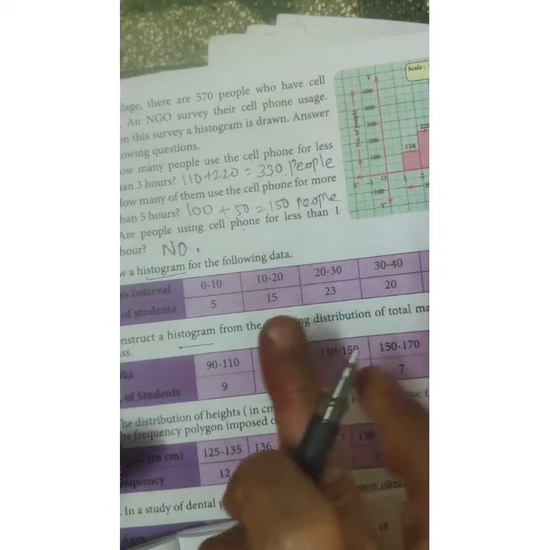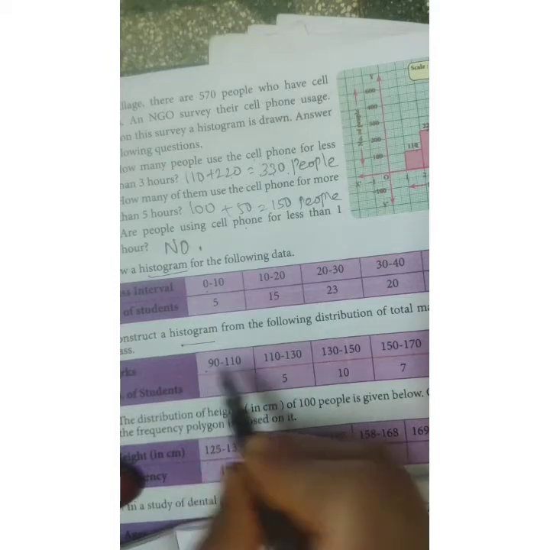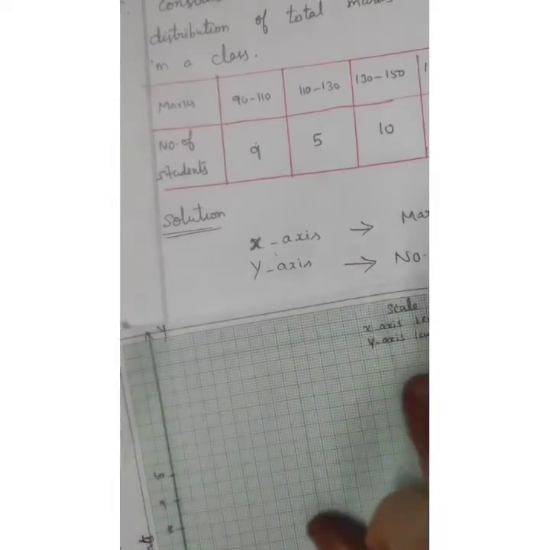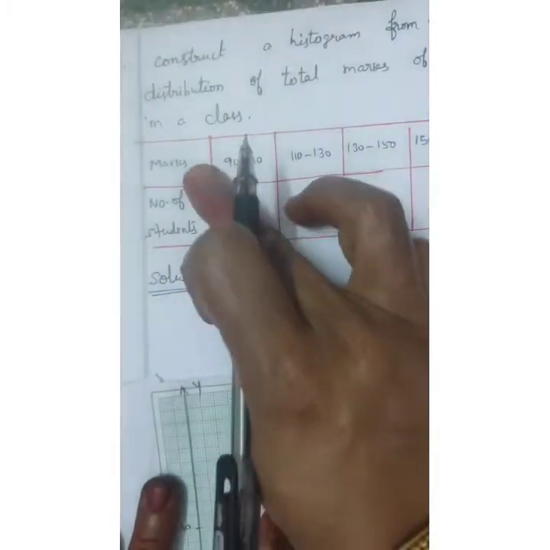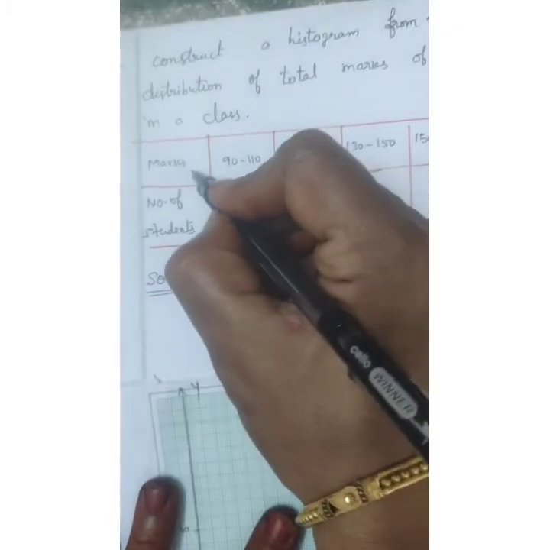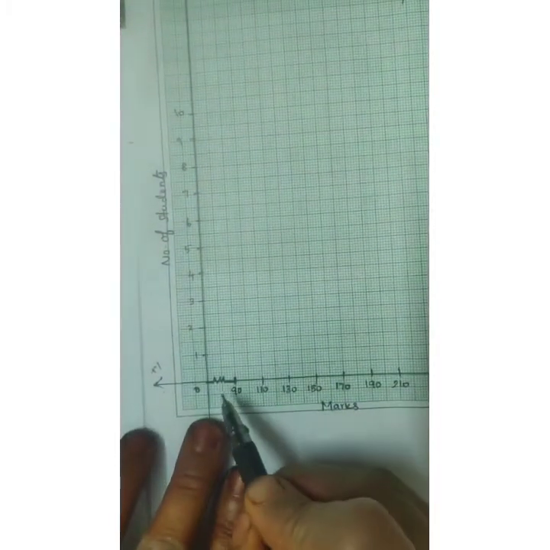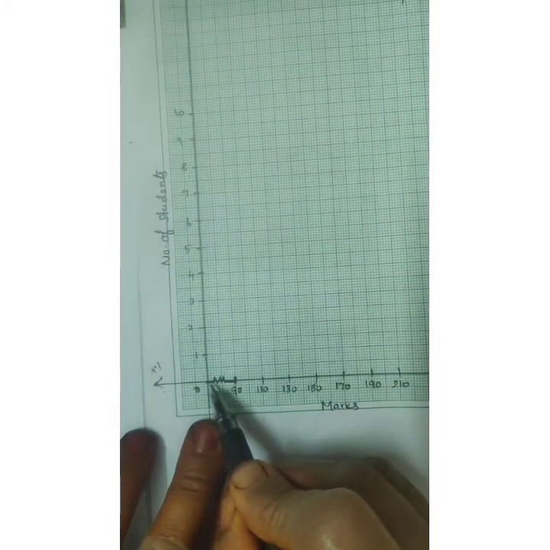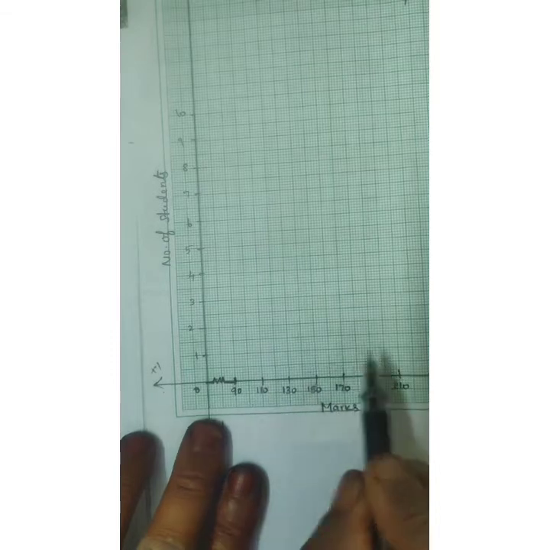A histogram only wants to start, and they are starting at 0. Here it does not start from 0. So how to draw the graph? The same method only. In the x-axis you write marks first, and in the y-axis the number of students. Whatever is given in the tabular column, the first one is the x-axis and the second one is the y-axis. See the sum: it does not start from 0. So they are writing the symbol. You must write this symbol, otherwise the sum is wrong.